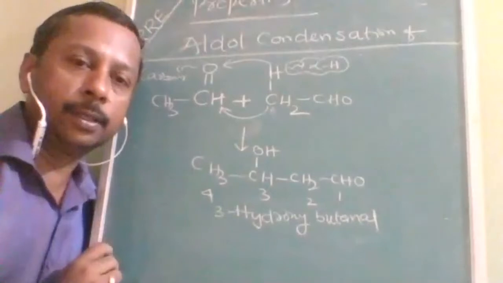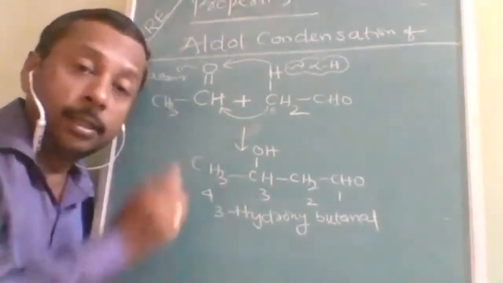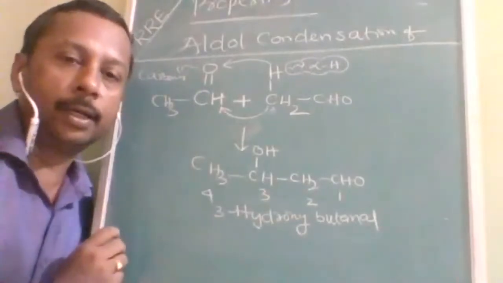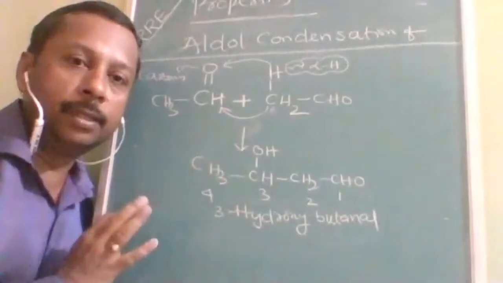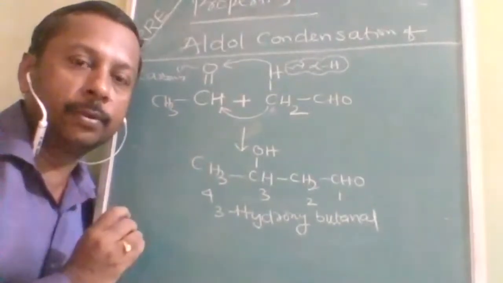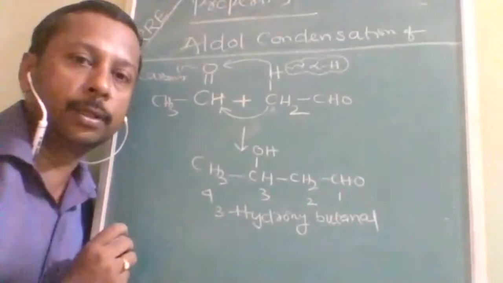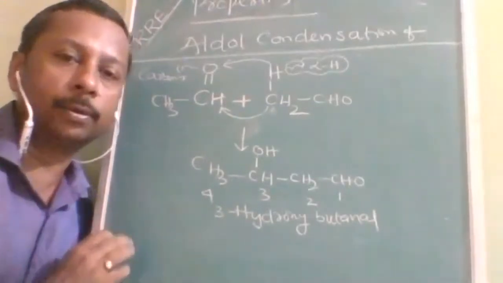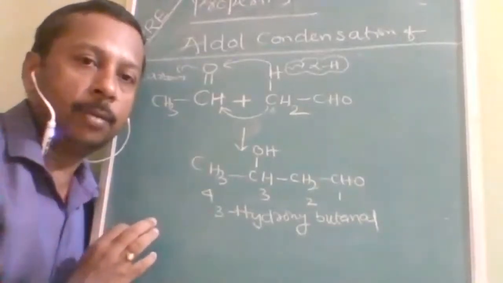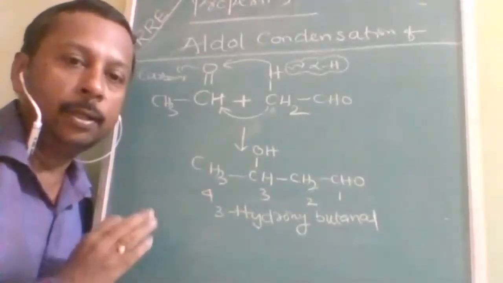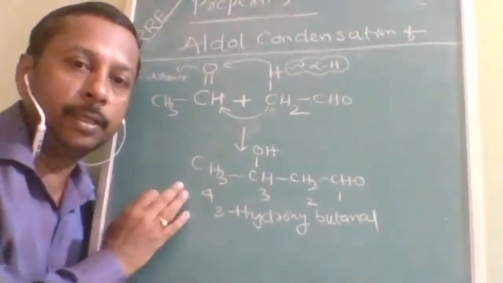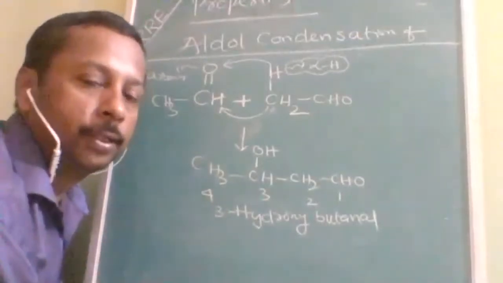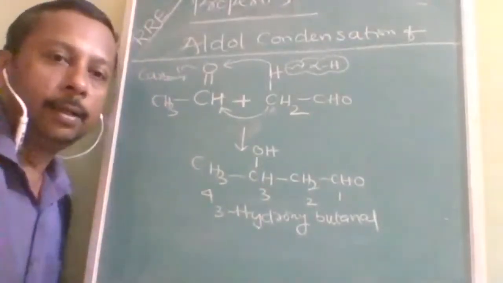Simple aldol condensation. There is another part, crossed aldol condensation, and another part, intramolecular aldol condensation. These are the 3 major parts, and most of the questions will be in the intermolecular. And in crossed aldol condensation, what is that, and how you have to take care about the number of products? Questions will be based upon the number of products. But for understanding that, you should be able to understand the simple aldol condensation at least. So I think this technique is useful for writing the product.